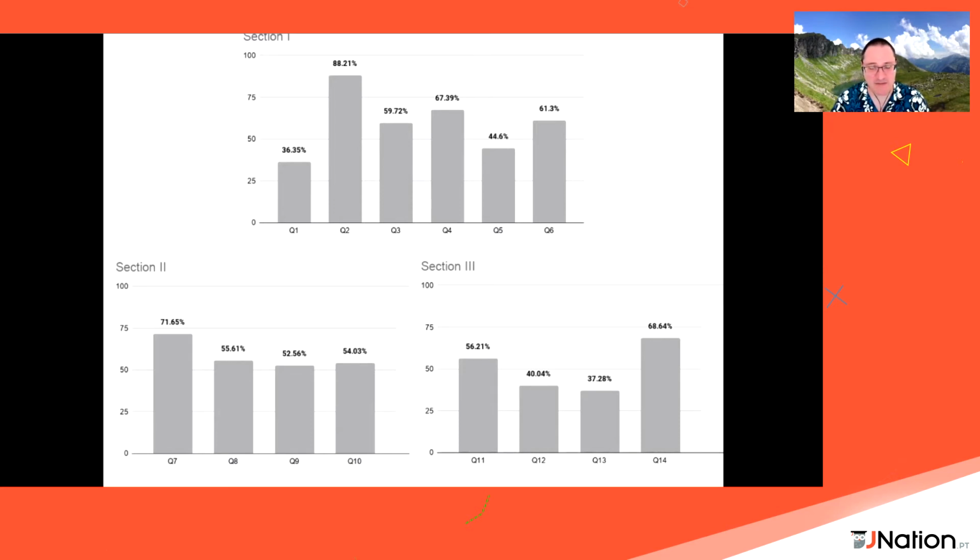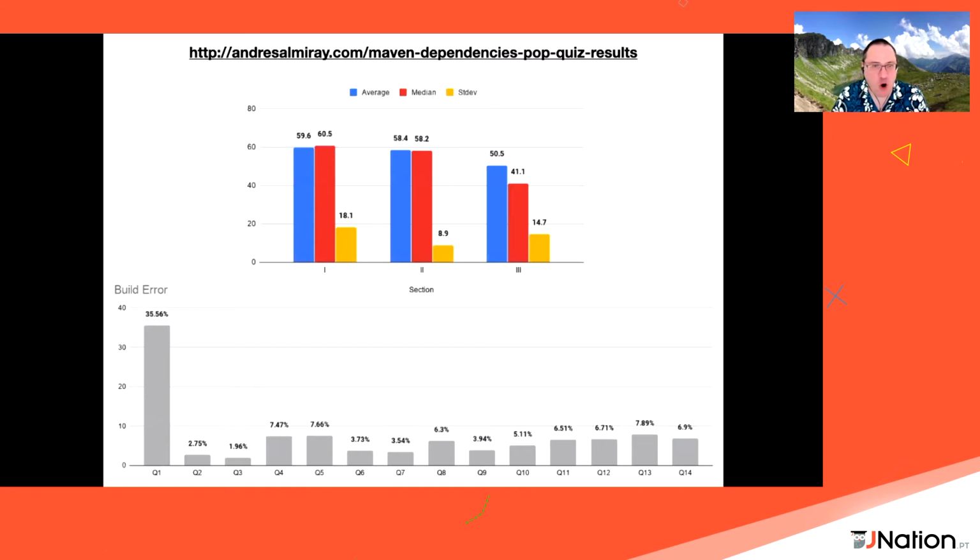You can see that for the first section, the answers are okay. I mean, people know how to work around with a simple POM. The moment that you start to play around with the hierarchies, things start to get a little bit less known. And once you add a BOM file, it's like, poof, okay, information overload, I don't know what it is. This tells me that not that many people know what the BOM file is and how it can work and what it can do for you. And finally, it turns out that none of the questions on this questionnaire could be answered with build error. Every single question worked correctly.